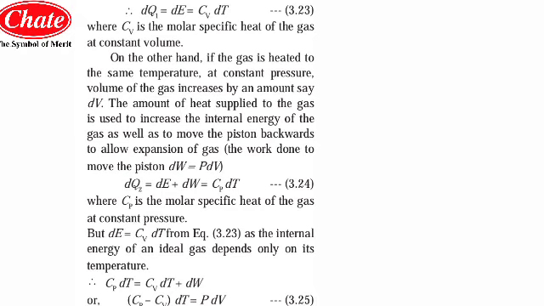So this is how we can say that for 1 mole of gas, PV is equal to RT and PdV is equal to R into dT. So Cp minus Cv is equal to R. This is known as Mayer's relation between Cp and Cv. Cp minus Cv is equal to R is nothing but Mayer's relation between the Cp and the Cv, and